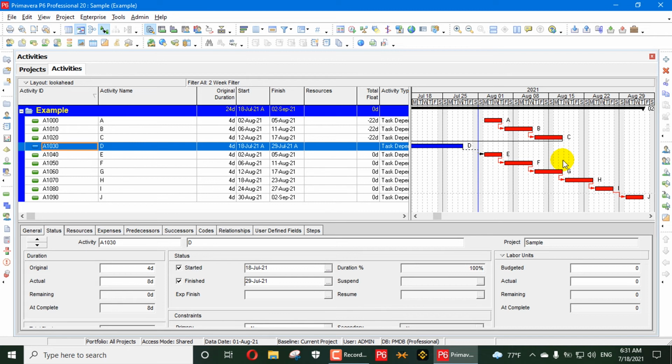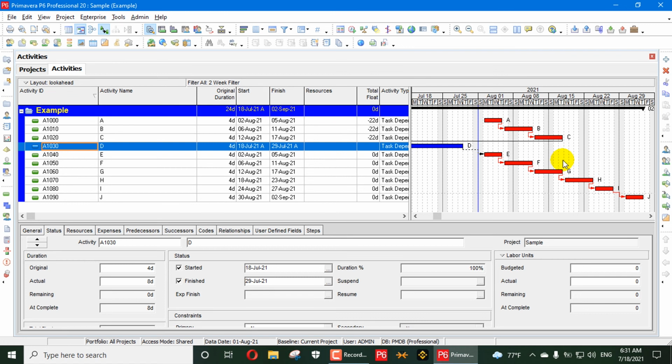I have briefly explained retained logic and progress override while updating an out of sequence activity. In the next video I will show you how to filter your out of sequence activities, because when you have a project of 1000 or 2000 activities, we need to find out which activities were updated out of sequence.